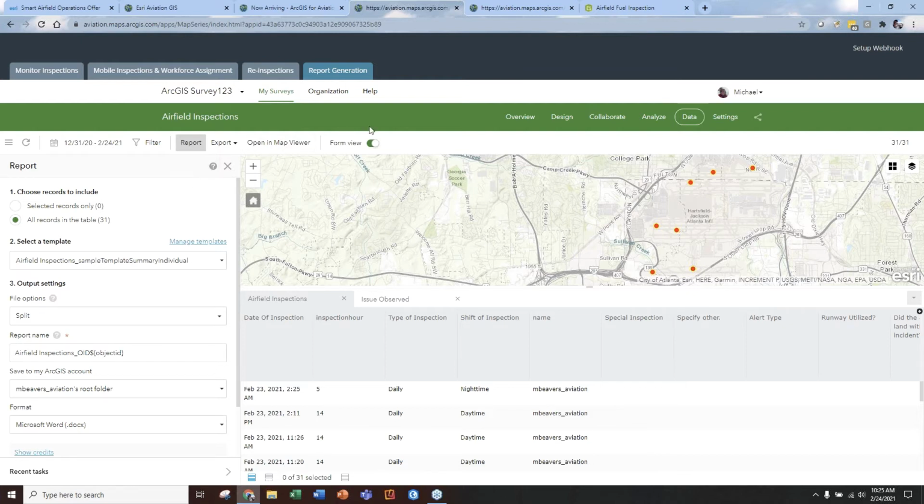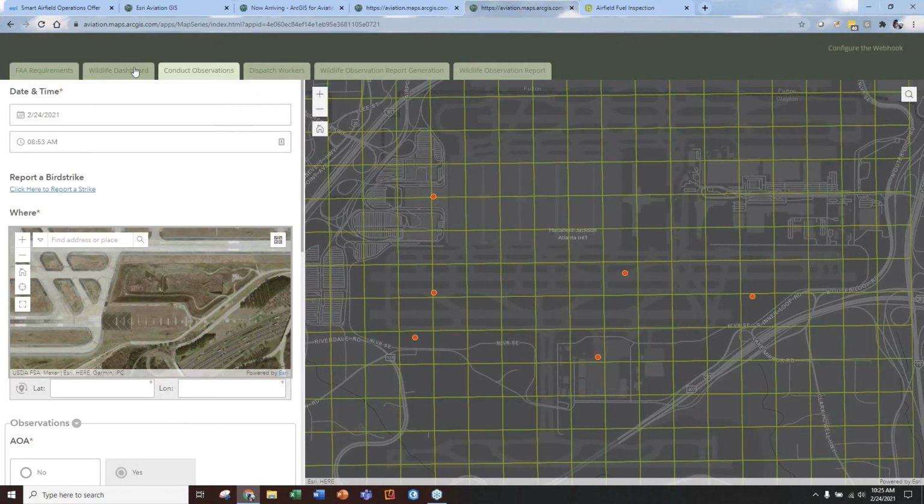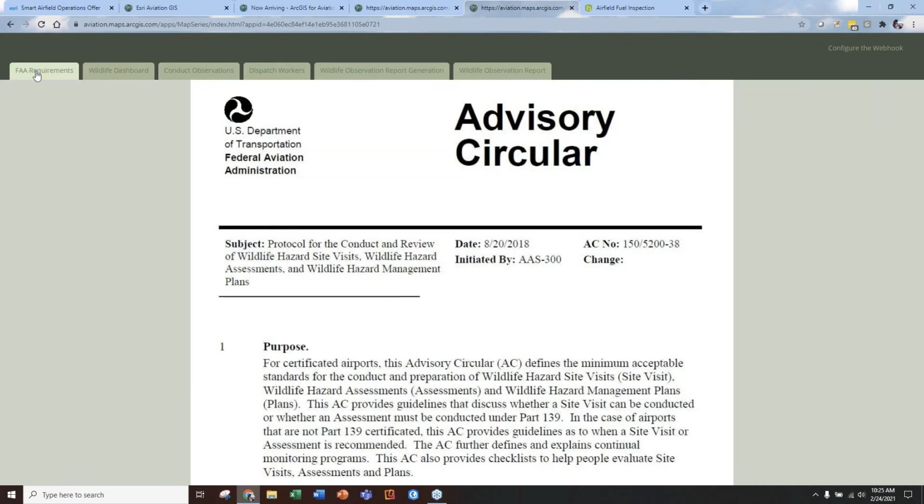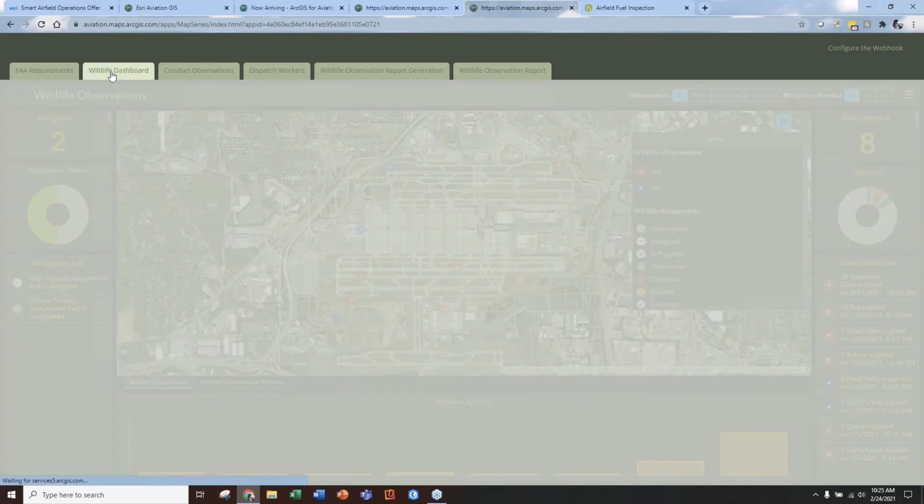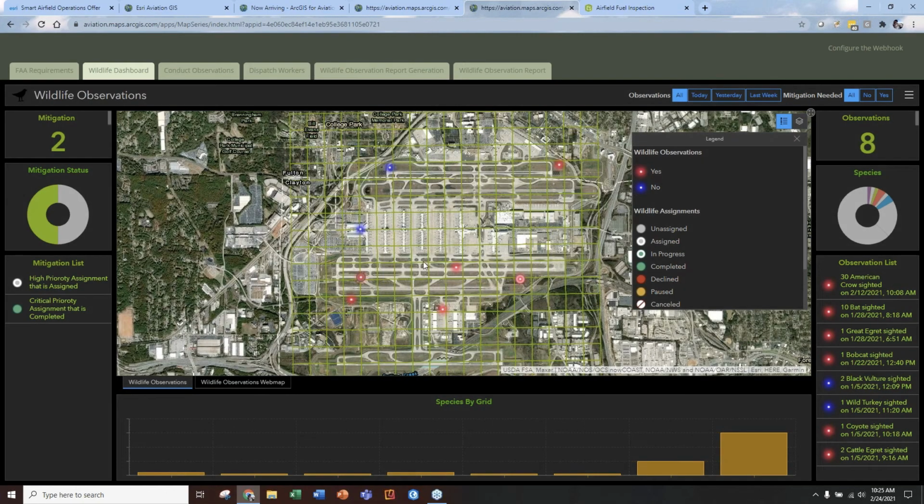And what David mentioned too is that you can vary this workflow to include things like wildlife, because your airport is likely to require you to conduct wildlife management. One of those tools that we've configured based on this series of apps would be to have a dashboard that could show you the status of